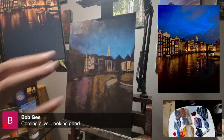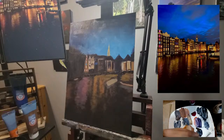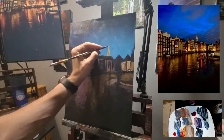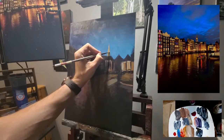What I'm learning really, and this is a fundamental of painting, is that the contrast between, I've said this, but like you just see it, the light and dark, when you put really dark against really light, all of a sudden it's like, ooh. And the same with, I hope, this